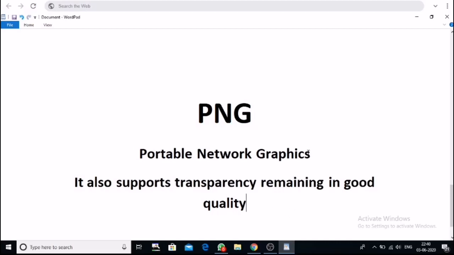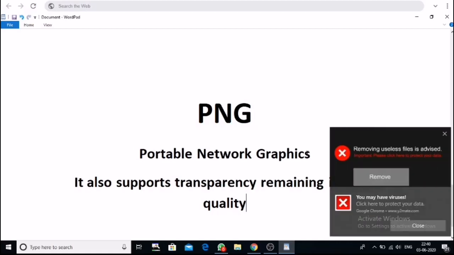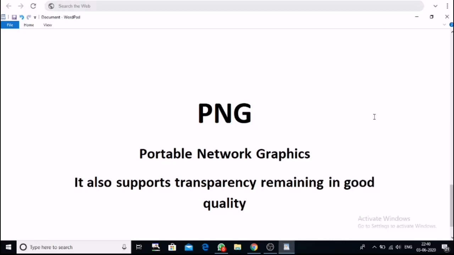So these are the few image file formats which we can use on the web, but in most places we go with JPG unless it is required otherwise. We will not choose PNG, because as I have experienced, PNG makes a heavier file than JPG, right?